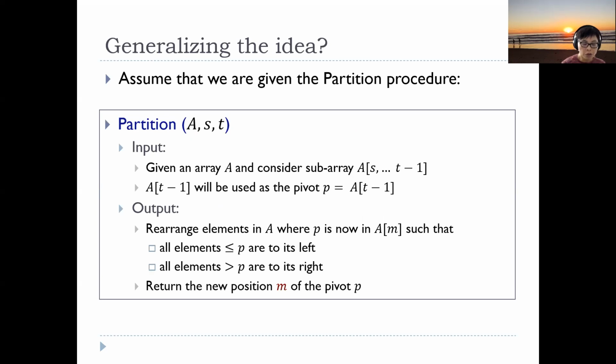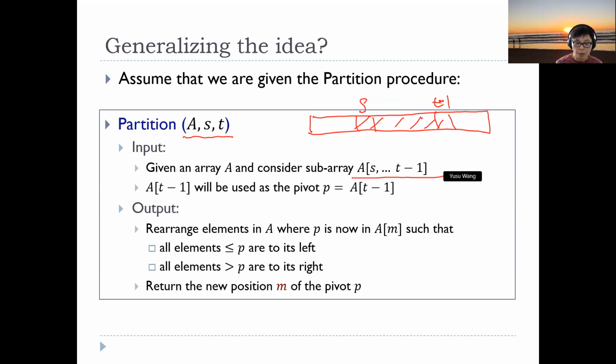What the partition procedure is doing is that you're given an array A, and let's say that you're looking at the portion from S to T minus 1. So you consider the subarray only within this range. Let me draw this nicely. So this is T minus 1. We're considering this shaded portion, and it's always going to use this element